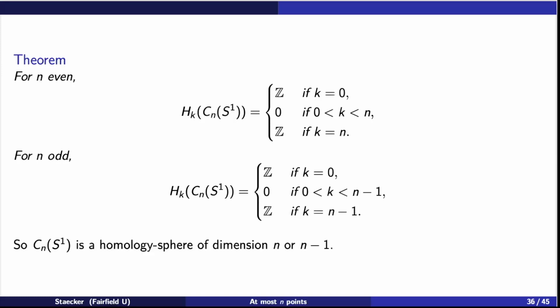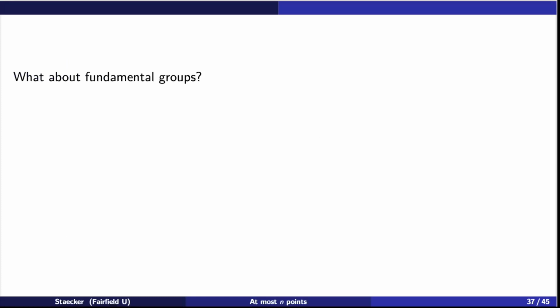So this configuration space on S1 is a homology sphere of dimension n or n minus 1, depending on the parity. All right. We can also talk about the fundamental groups of these things. I already said that for most of them, the H1 is going to be 0. So we expect the fundamental group to be trivial also, at least when n is greater than or equal to 3. This you can actually visualize with some cute pictures, which I hope you won't mind if I share in